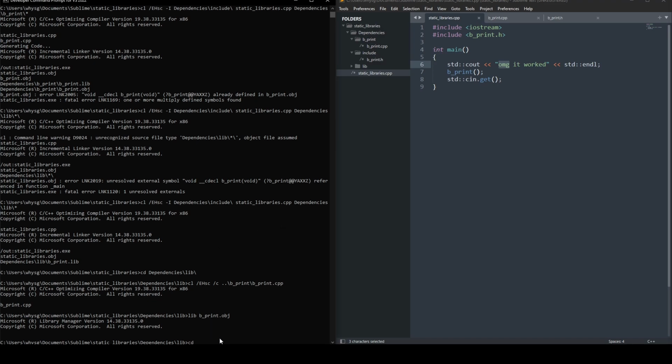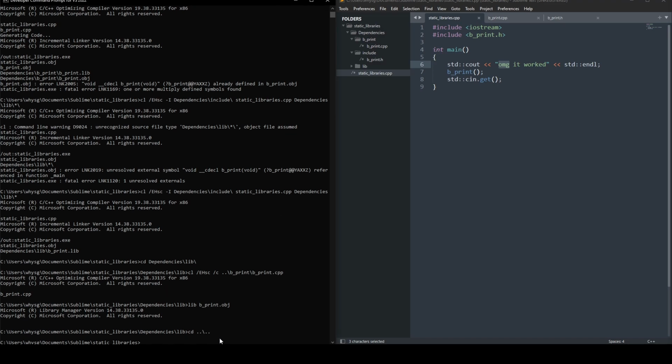And then now if I cd back, I can do the original command, cl ehsc, and then -i to add an include path, dependencies, include, and then I just reference the two files. Dependencies, lib. Actually, I don't want that first. If I do that first, then the first file it compiles will be the name of the executable. You can actually do fe, I think it's fe: